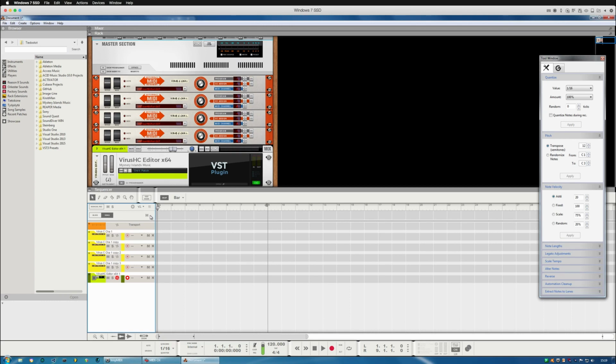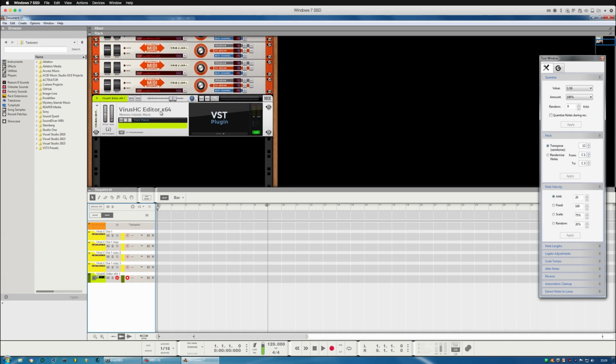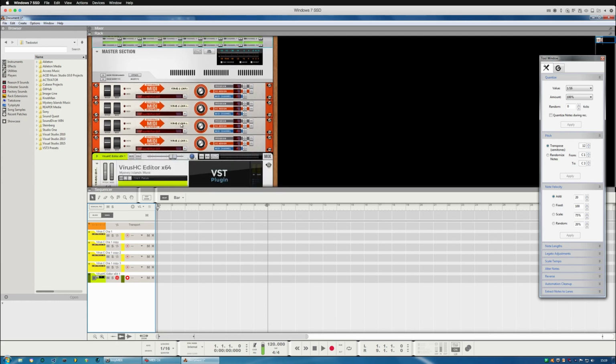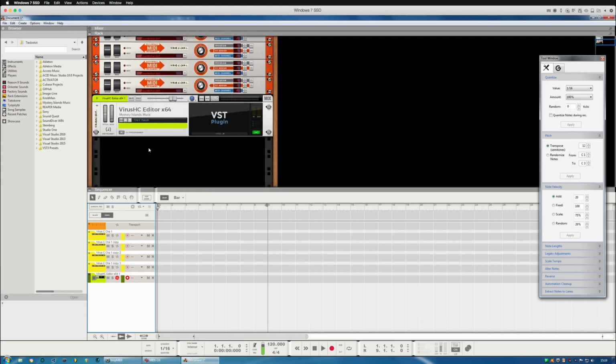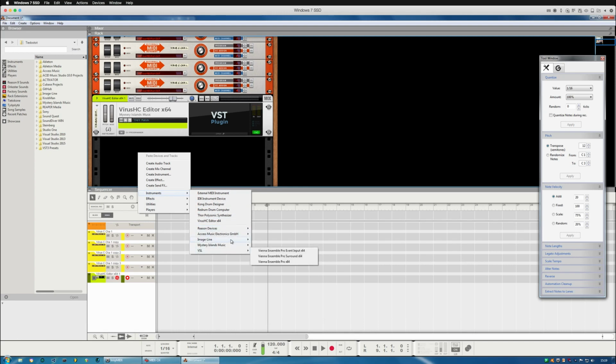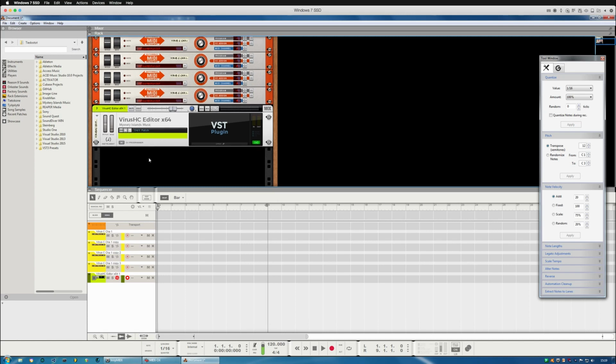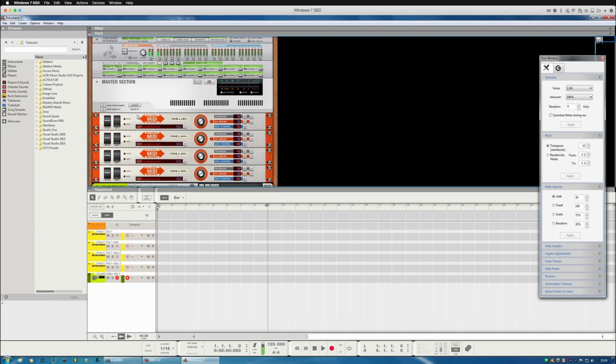So I hope this helps out with how to insert and configure the VirusHC in Reason, and how to add the channels. And obviously if you have routed your Virus audio directly into your DAW, you need to add audio tracks or input channels or something like that, and then get the audio from your sound card into Reason and route it that way. But since I don't know how to use it, I can't really explain. But yeah,